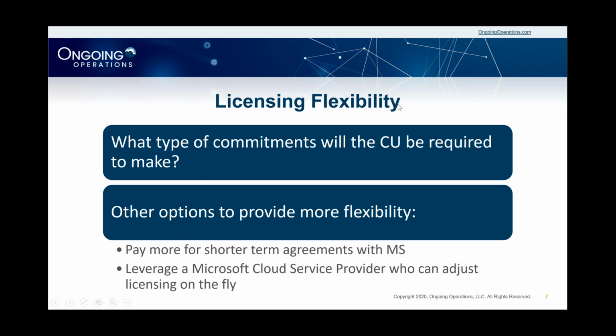All right, so this is actually our final slide of the presentation, and we'll talk about licensing flexibility. What type of commitments will the credit union be required to make, and other options to provide more flexibility? So like I said earlier on, when you go direct to Microsoft, you're usually required to make a 12-month commitment for these types of licensing. And that can be